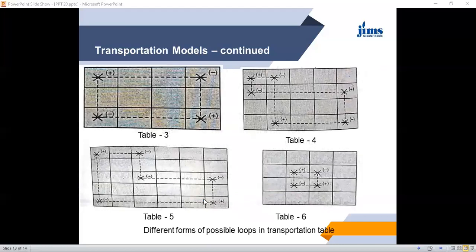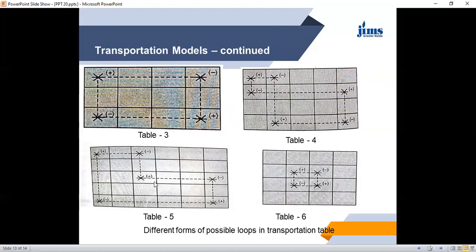So I would show you here. Suppose these are the four allocations 1, 2, 3, 4. So one can go here, take a direction here. From there he goes here. He can change the direction here. So this becomes a loop. So these are not called independent positions. Come here, see here. Suppose these are the allocations. So suppose one starts from here. He can go here, come down here, goes here like this, and the loop is formed. So these are all dependent positions.